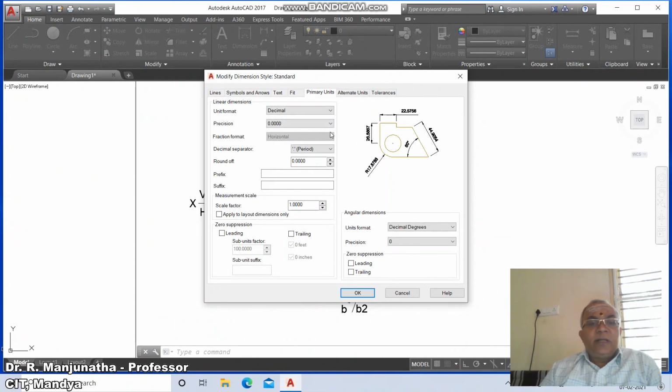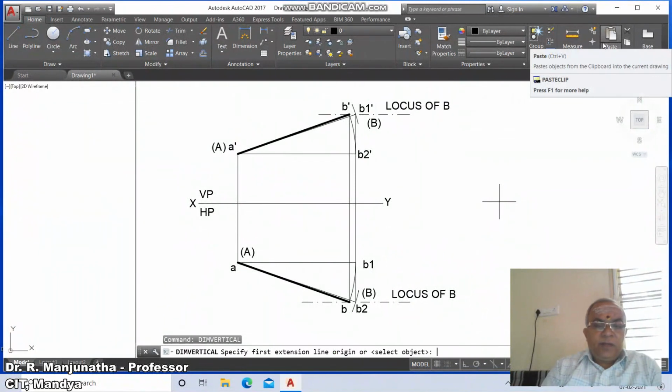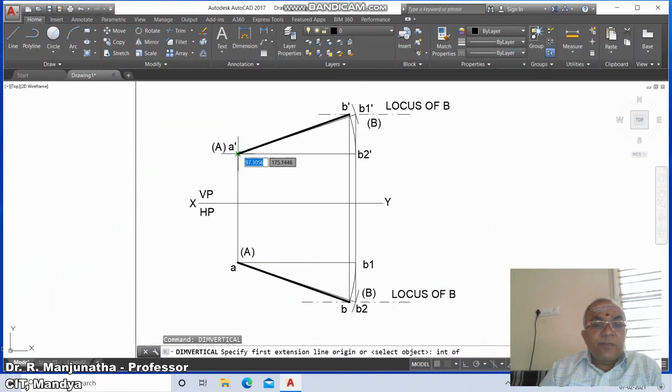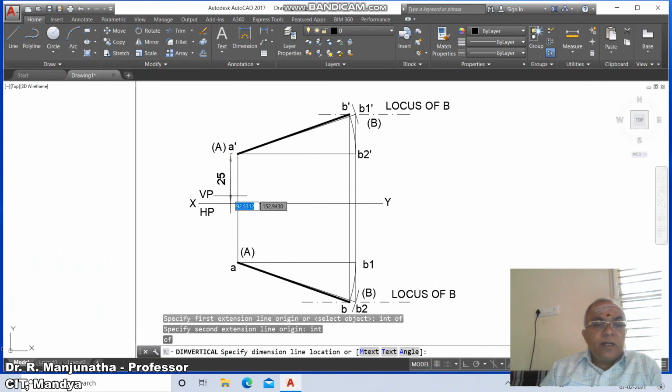Then go to primary units, make the linear dimension precision as 0, and all other dimensions are going to be 0. So then OK, and then say close. Now we'll go for dim vertical, take intersection point of this to intersection point of this, so it will be 25.